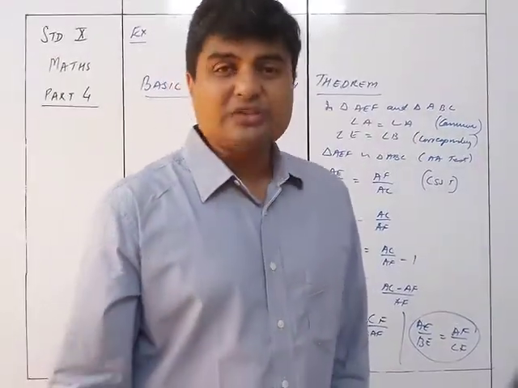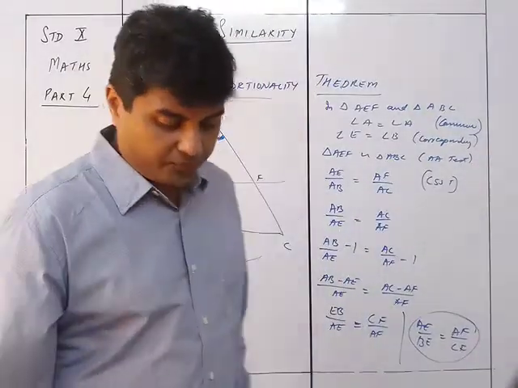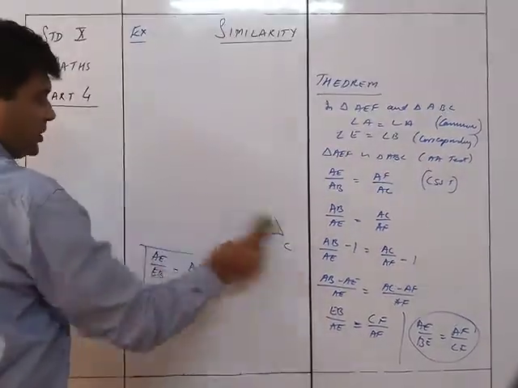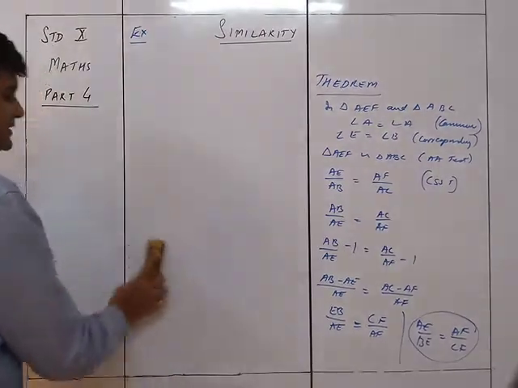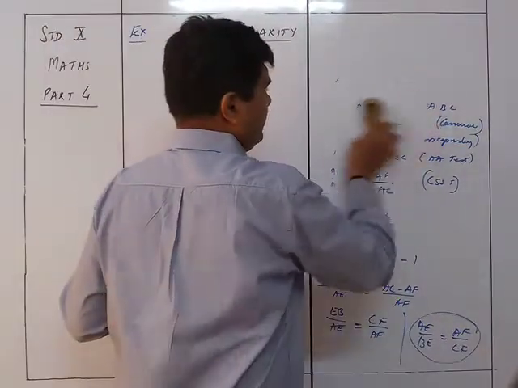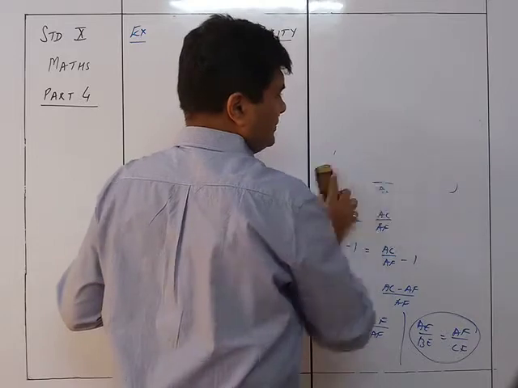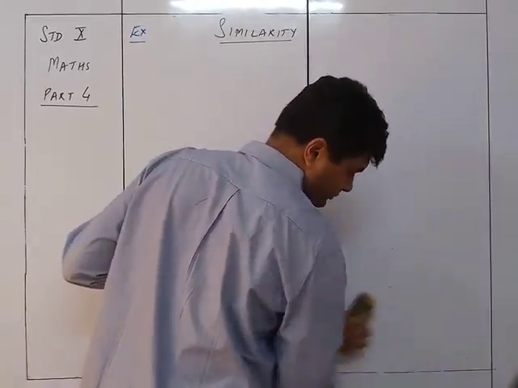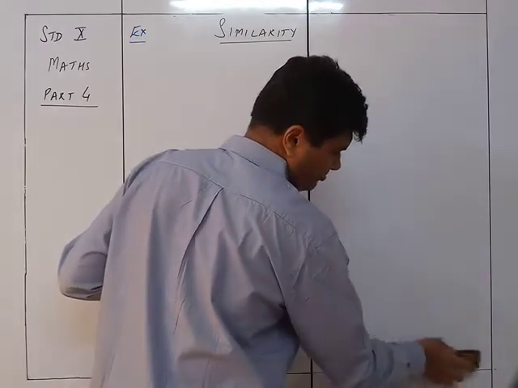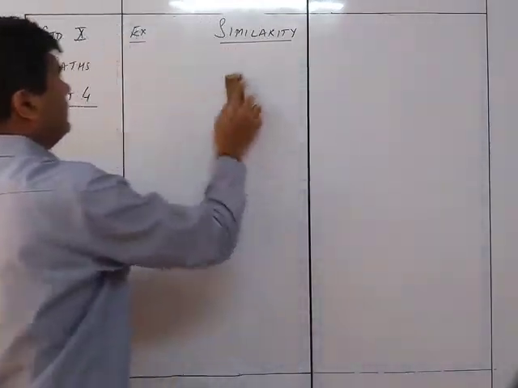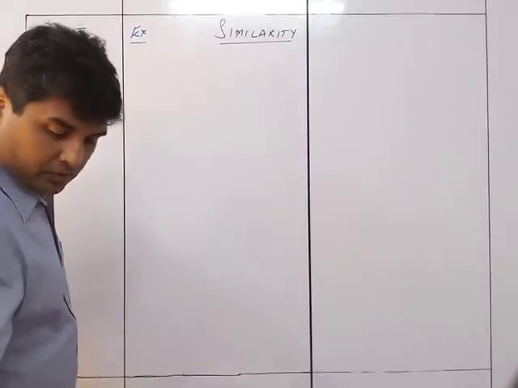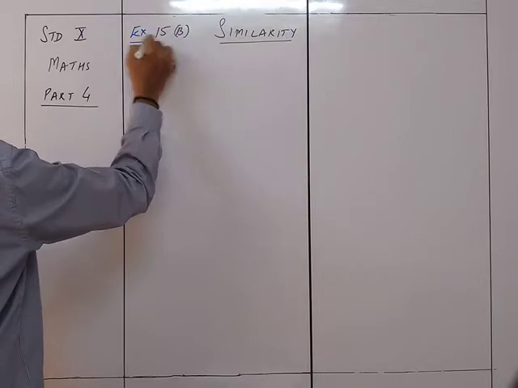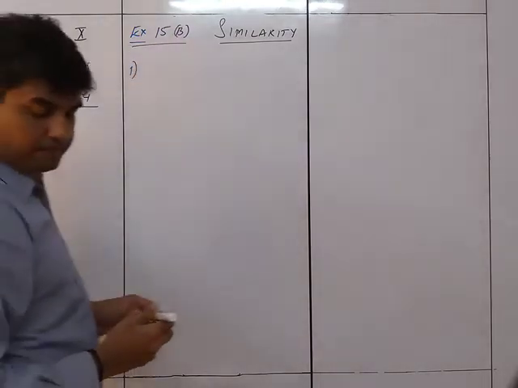So we now start with exercise 15b, which is related to the questions based on similarity as well as something based on basic proportionality theorem. So yeah, both the things will be there. So let's see. So yeah, we see the exercise 15b. First up,